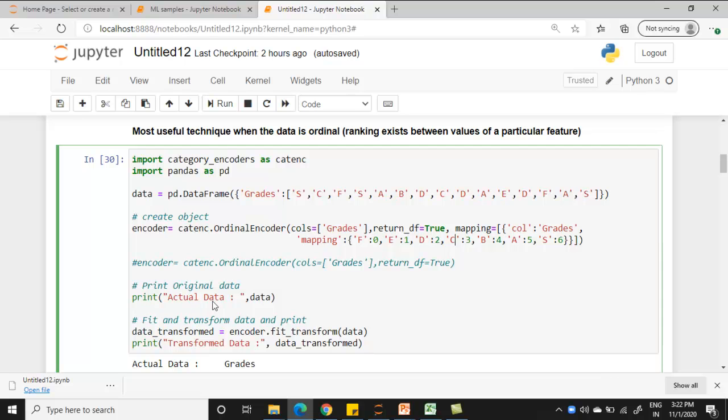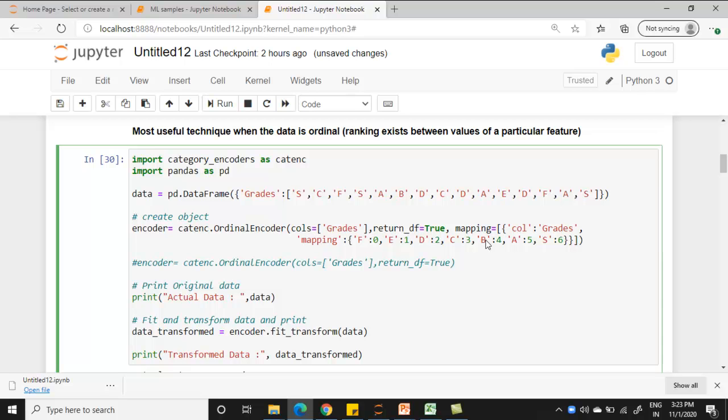I have printed the actual data, and finally we have done a transformation on the data. We have already defined the mapping for the grades. Now if you use the fit transform function over this data, all the values will get mapped onto their numerical equivalents and stored in data_transform. That is what I have